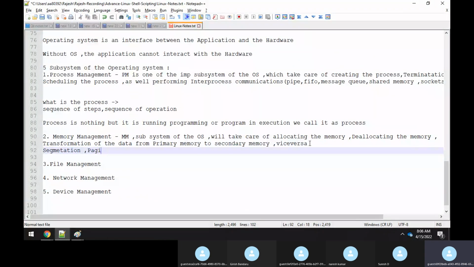Some people might have come across something like paging, right? So these are also a part of your memory management. Okay. Apart from this, guys,